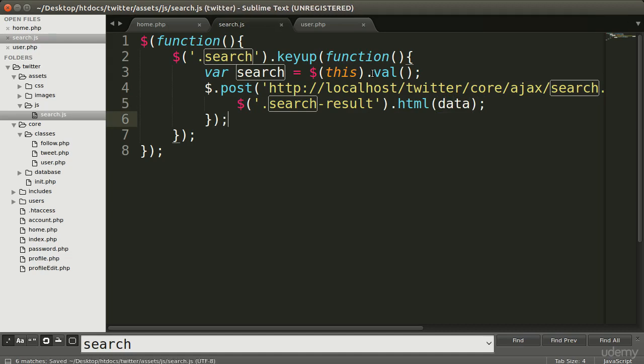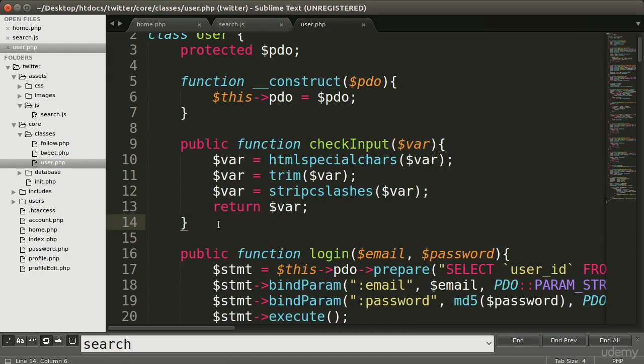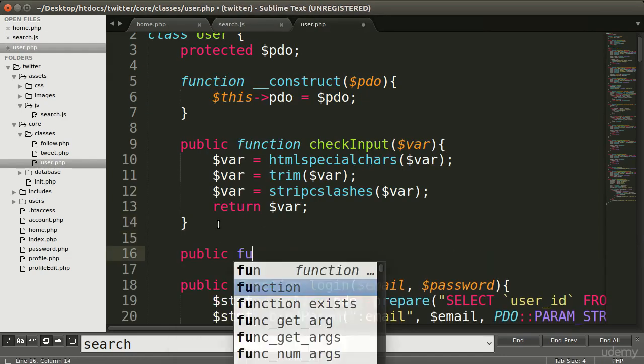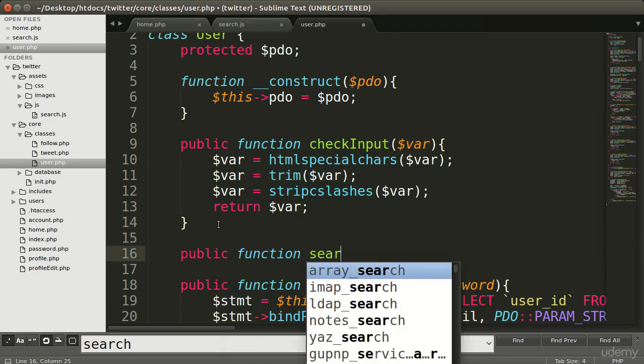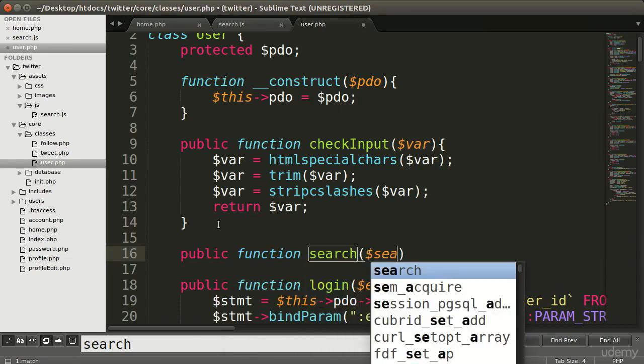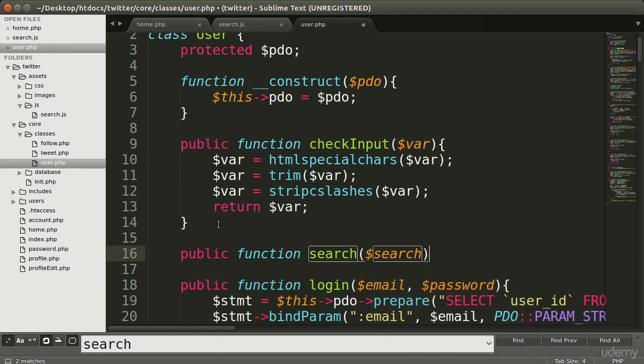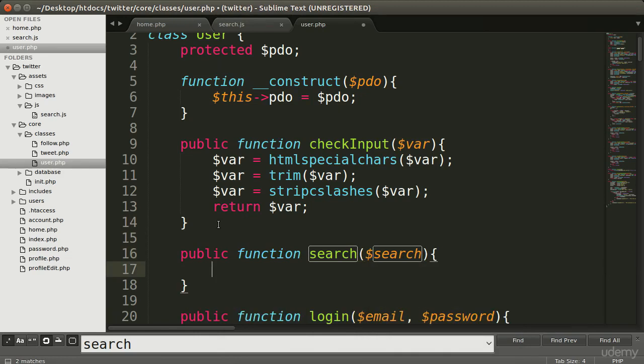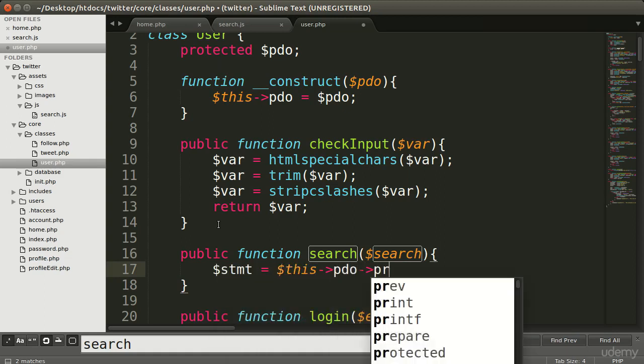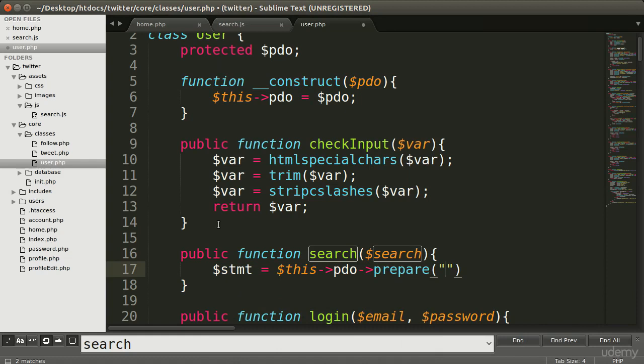Now to create the search method, go to your users class, and below the check input method, create a new public function. Name will be search, and it will take a search variable to search from a database. Now to create a query to search users from the table. So statement equal to this PDO prepare method, and we need to select